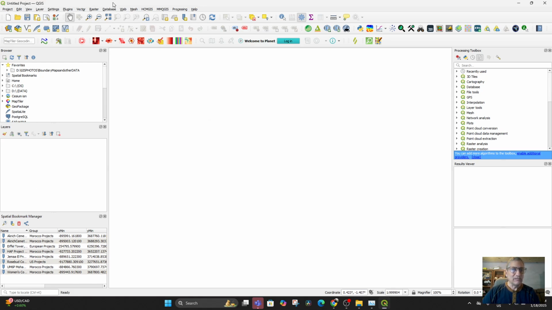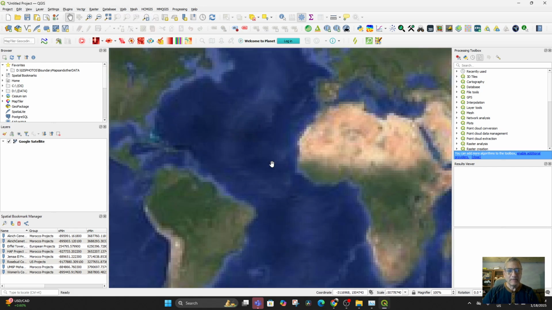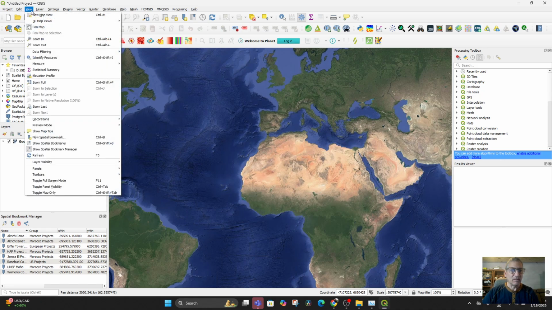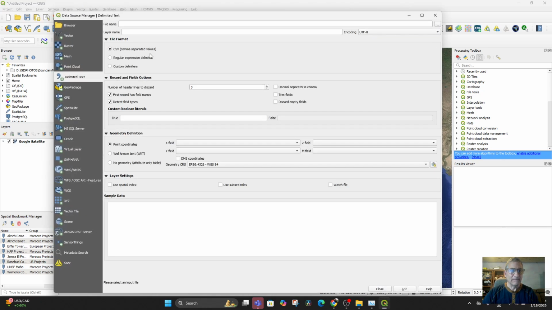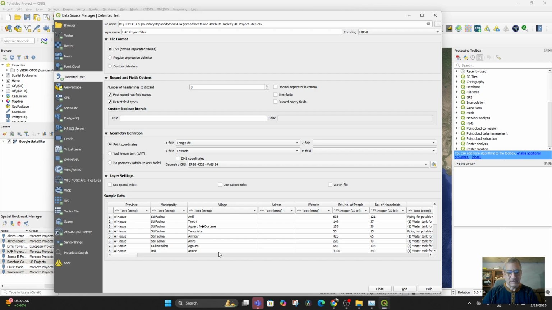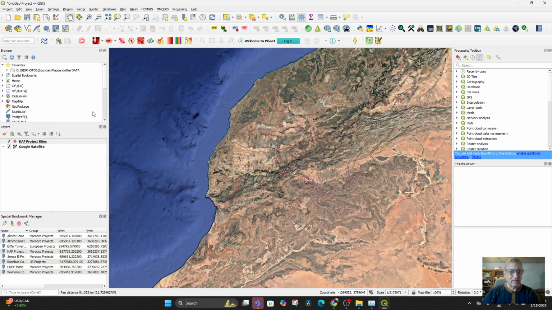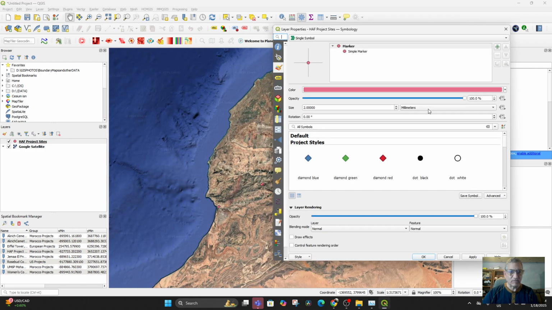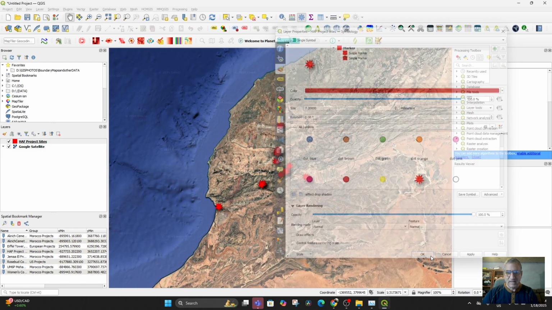Once again, we will go to our web and put in our Google satellite. And we are going to load our database and add that. And we're going to go in, and this time we're going to double click, not double click. Yes, well, I always do that. I always make this easier to see. And then